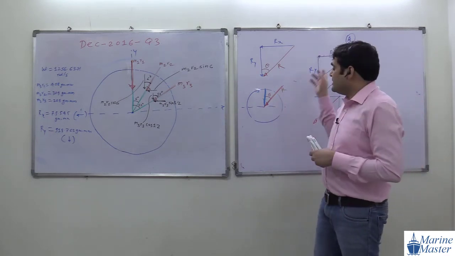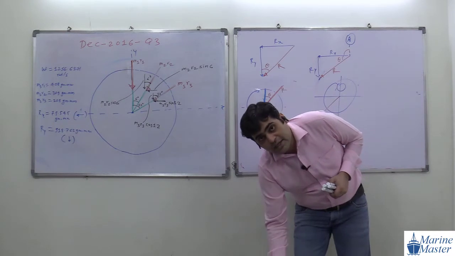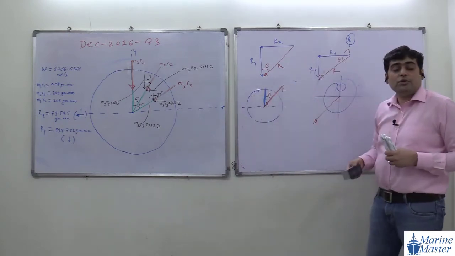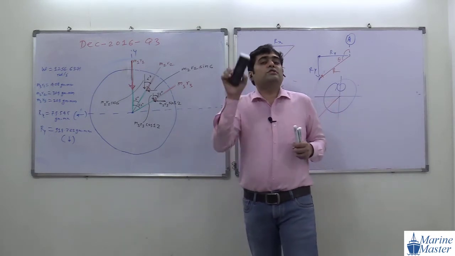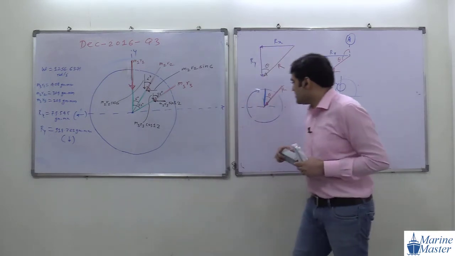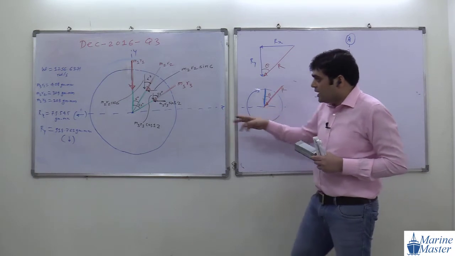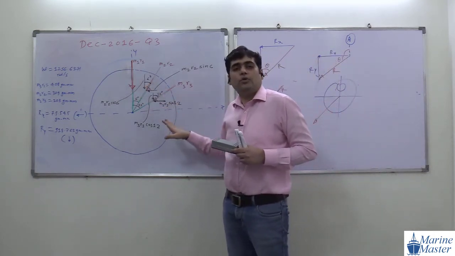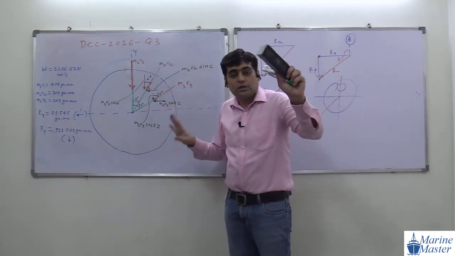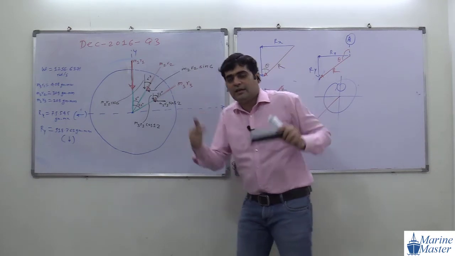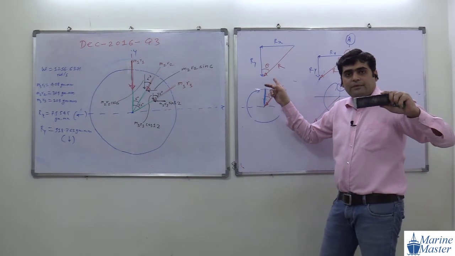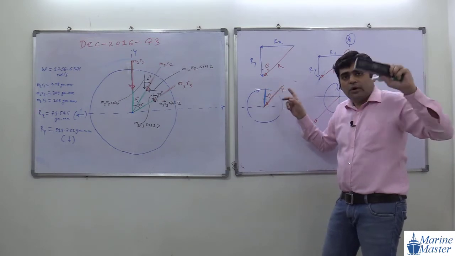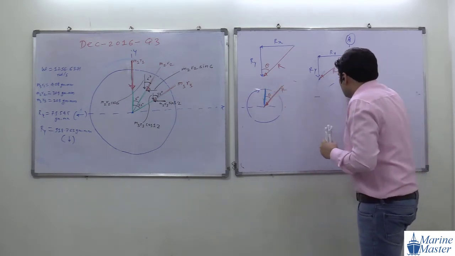But what is the scenario in this question? All these three forces are radially inward, so the centrifugal force is also radially inward, which means it must be somewhere in between these three forces. Okay, guys, are you getting my point? See the logic here. Why am I taking the vertical angle? Any doubt in this vertical angle? Okay, good, very good.